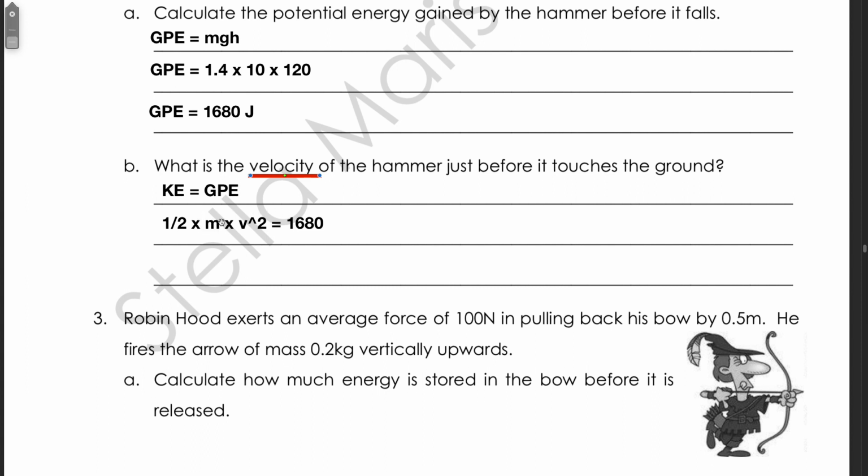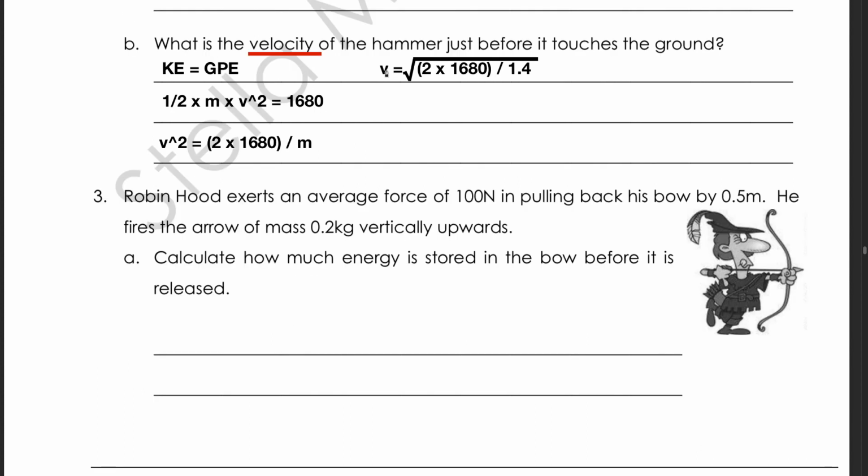Since it is a multiplication here, it's going to become a division on the other side, and instead of dividing by 2 that we have here, it's going to be a multiplication by 2. This will give us v squared is equal to 2 times 1680 divided by m. Now to get rid of the power of 2, once again we have to find the square root of all of this term, which means it will give us v equals the square root of 2 times 1680 divided by